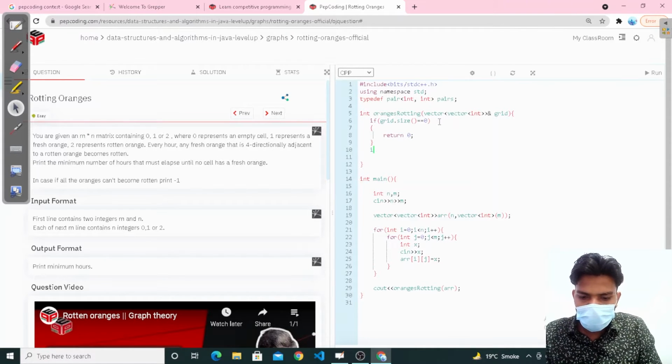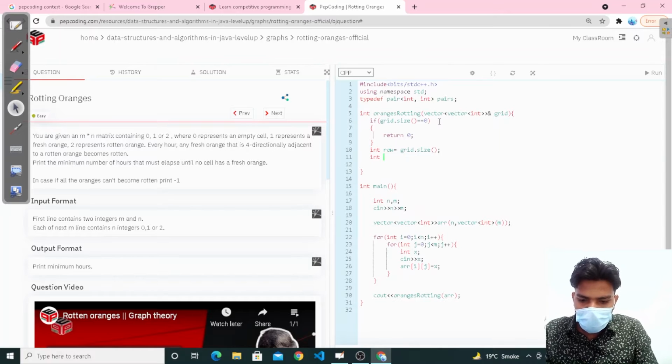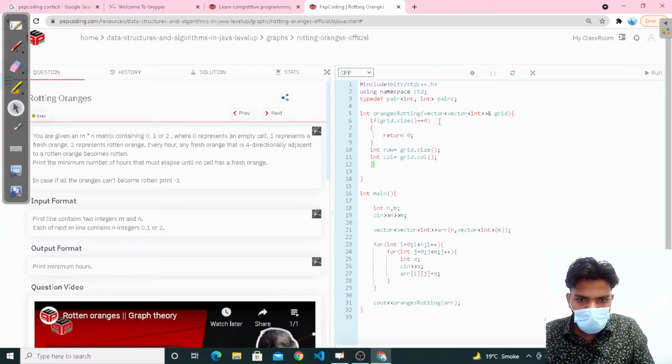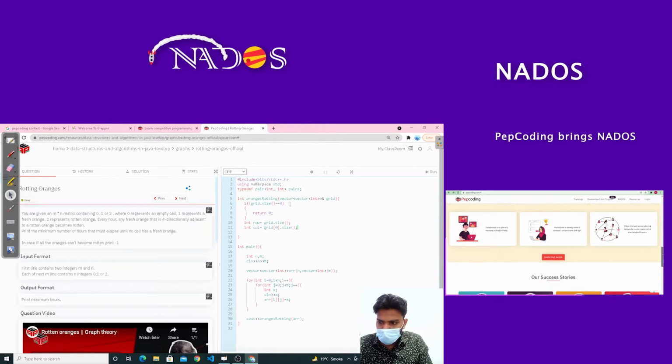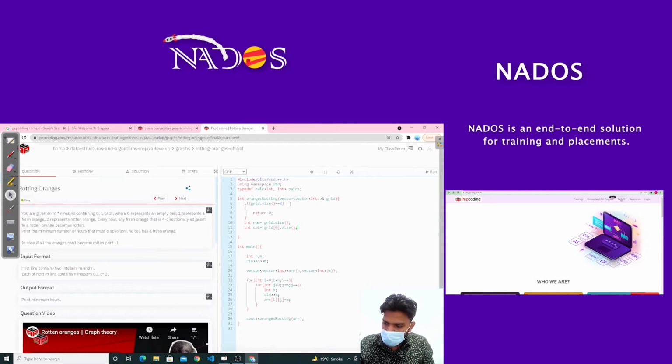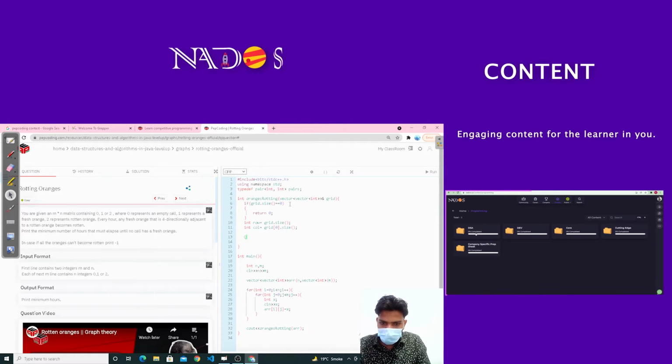And in int, we find our row by grid dot size, and we find column equal to grid 0 dot size. Okay, and then we take a queue,